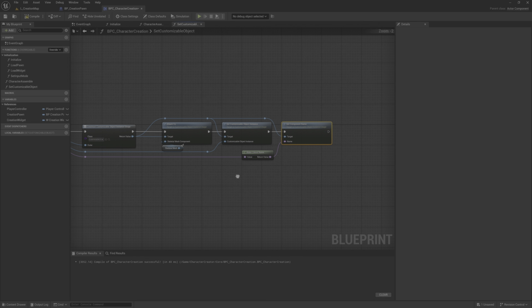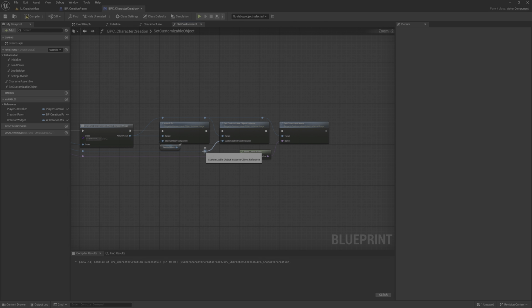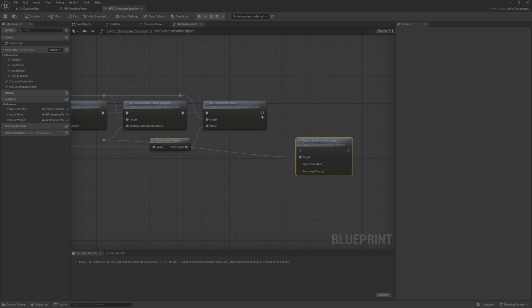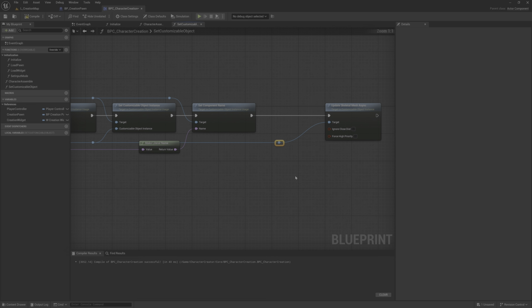And we have to do one thing, and we will add a map here. Okay, yes, we need to, from here, update skeletal mesh async. So if we want all these changes to take place, we need to update skeletal mesh.